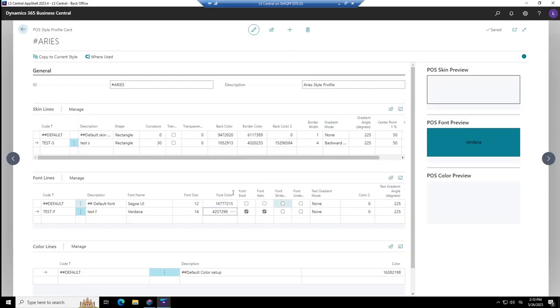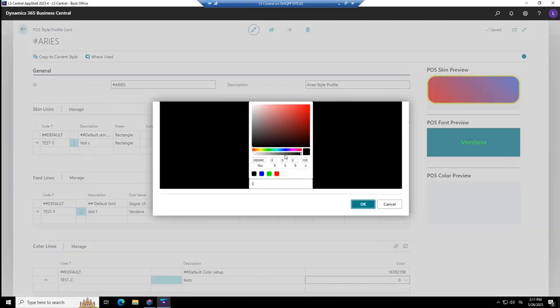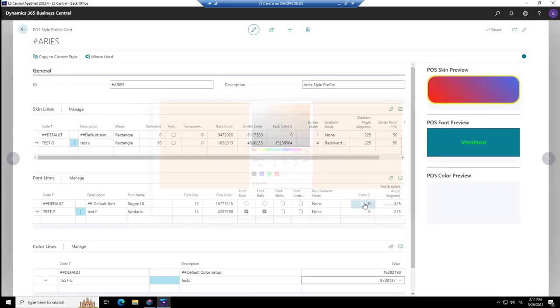And now if you go back here and into the lines again, you will see what we've been doing. Here we have the skin, you see the curvature, and here we have the font. We also have the option to put in a color line. So let me do that. And I'm going to do that with some different color, a totally different color. Yes, this is good. So you may wonder, why do we have color lines and skin lines? There is a difference, you will understand later.